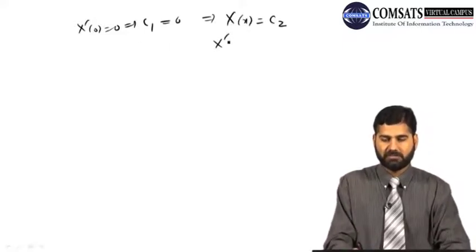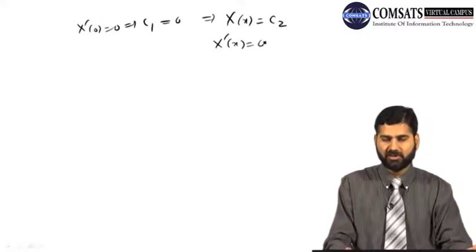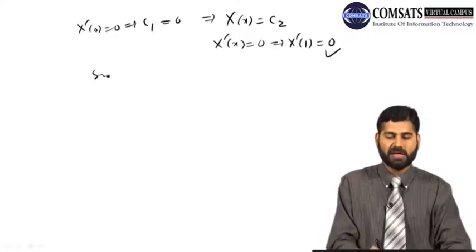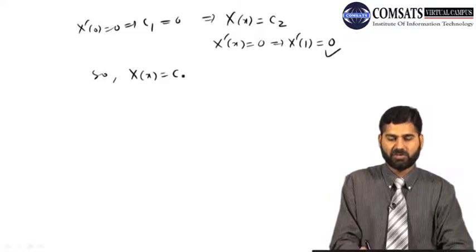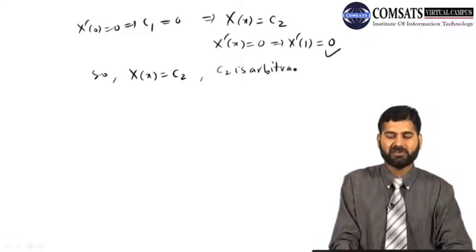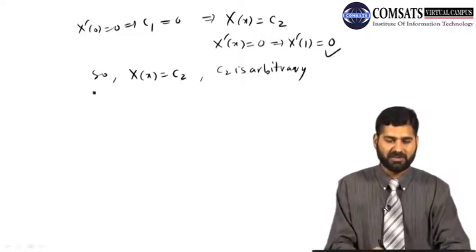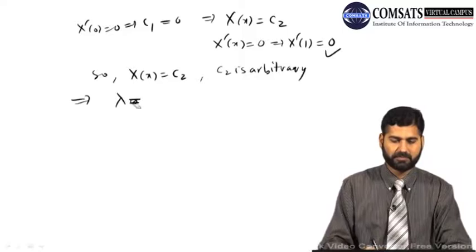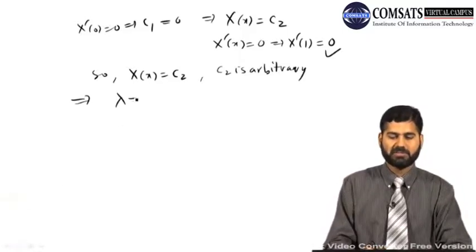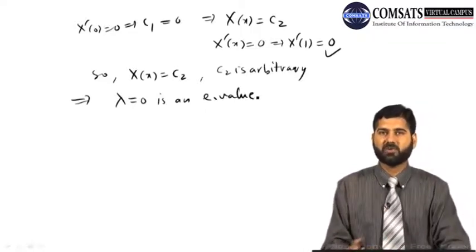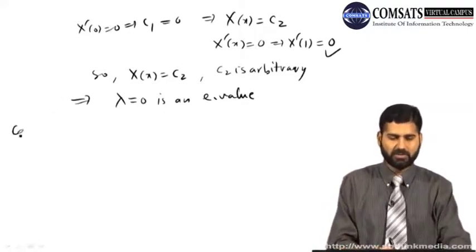And now x prime of x is already 0. So it means x prime at 1 is automatically equal to 0. This is fine. So x of x is equal to c2. C2 is arbitrary. So it means I am not getting a 0 solution for the 0 case. So lambda equal to 0 is an eigenvalue. So see, in the previous case lambda 0 was not an eigenvalue, but in this case lambda equal to 0 is an eigenvalue. Alright, so now case 2,